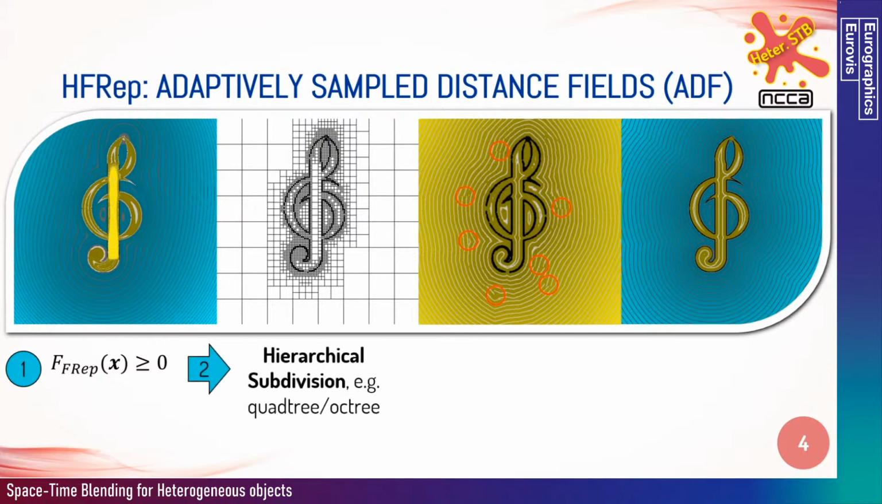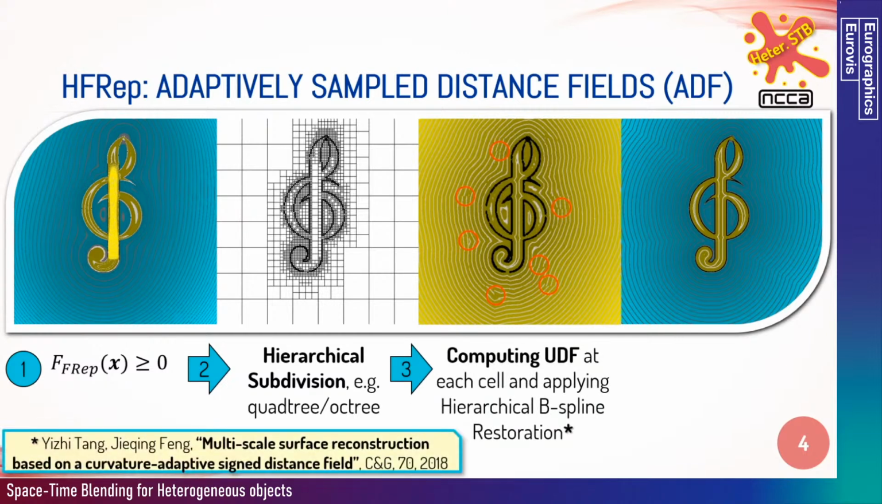On the second step, to construct ADF, we need to subdivide the FREP object using some hierarchical data structure, for example, quad tree. Then, on the third step, we need to compute distances at each corner of the obtained cells that we can see on the picture above second step. After it, we need to restore distance field in interior of each cell using some at least C1 continuous interpolation,